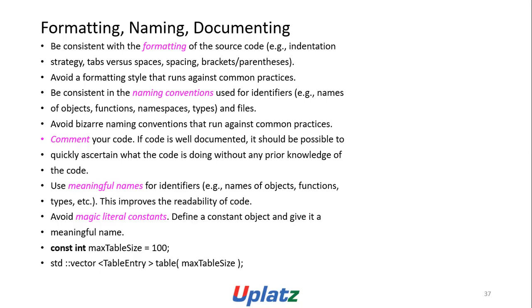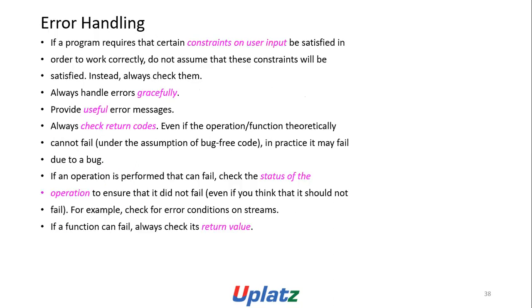Avoid magic literal constants. Define a constant object and give it a meaningful name. const int max_table_size = 100; std::vector<table_entry> table(max_table_size);